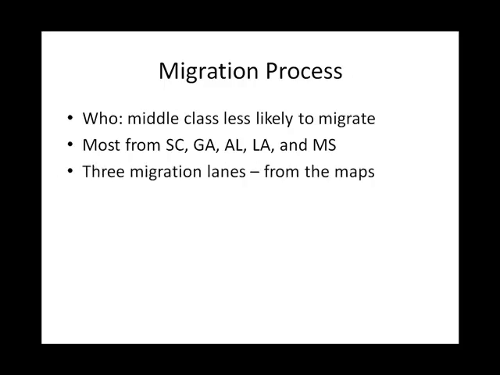There are essentially 3 migration lanes, which you may be able to see in the maps in the next 2 slides. But if not, you can see them in a link that I'm going to provide to a wonderful website on migrations called In Motion: The African American Experience. There are some really, really good maps and stories and photos and everything. It's one of the best websites available for African American history.